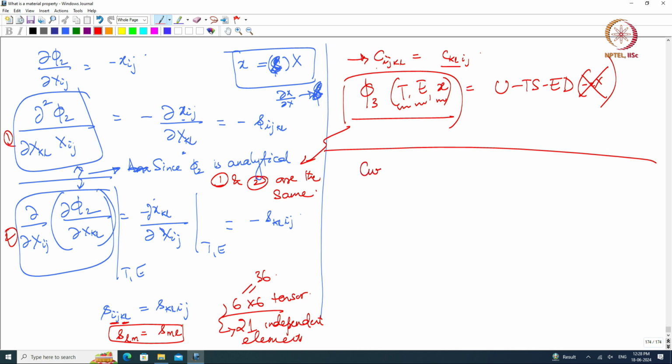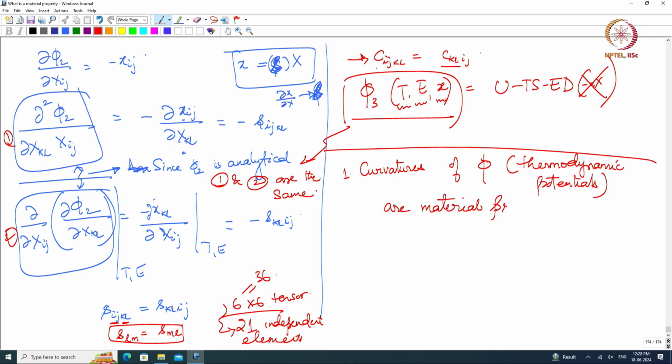the curvatures of phi or potentials, thermodynamic potentials, here I do not really look at the sign of the curvature. Okay. So, for material properties, the sign tells you something about the stability, but let us not worry too much about that. That is number 1, and then you also show that the symmetric nature of the tensor